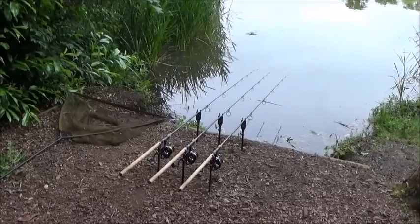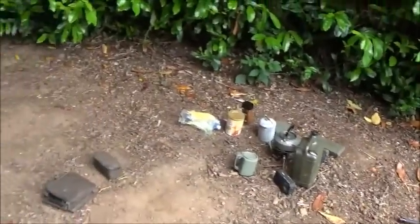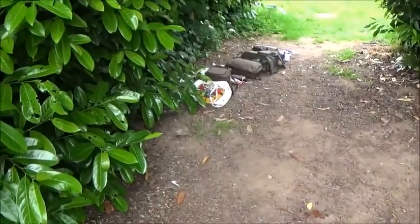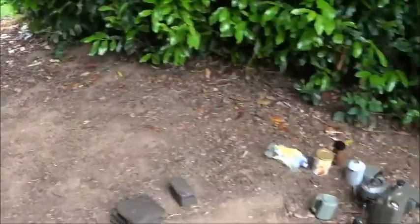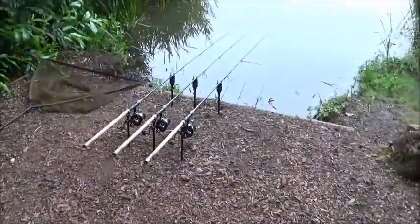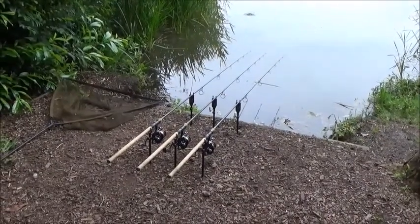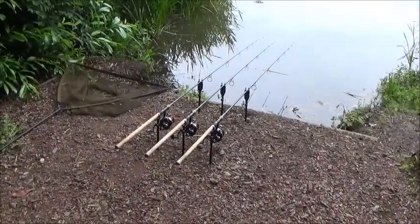So we're just coming up to about 9:30. Pat the bivvy up. A few bits of tackle lingering about. Hoping to get away for around about 10:30. So I had that bream about 5:30, and I did have, well,